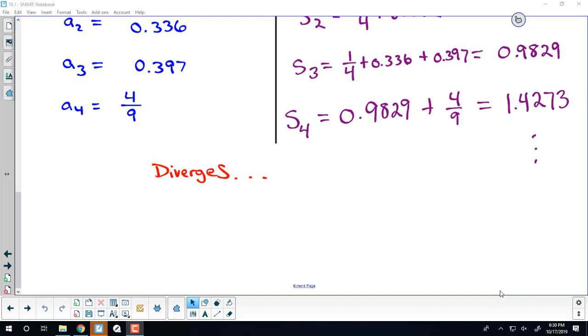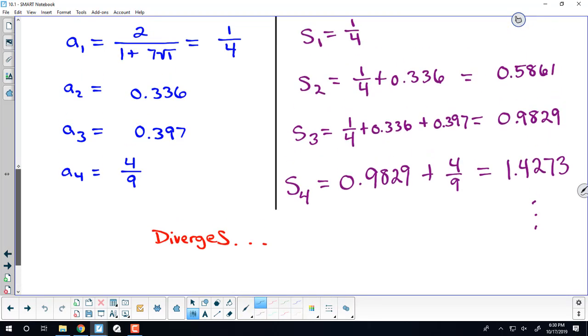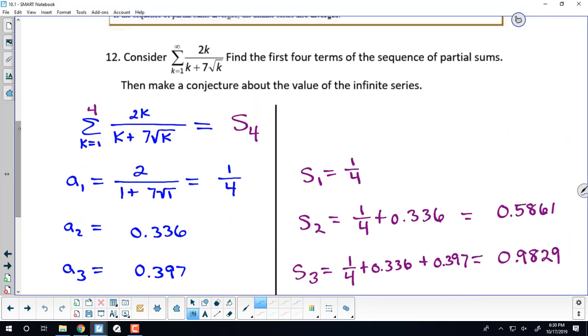Okay, so we were looking at this example here. We're talking about a series now. 10-1 is just an overview of both sequences and series. So we looked at this series, and it says find the first four terms of the